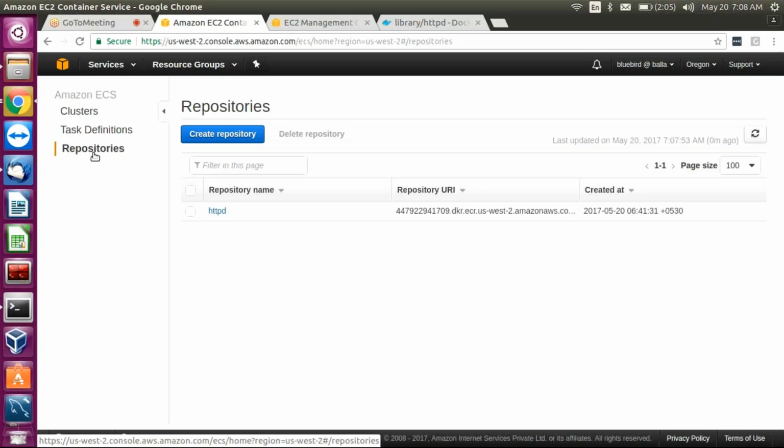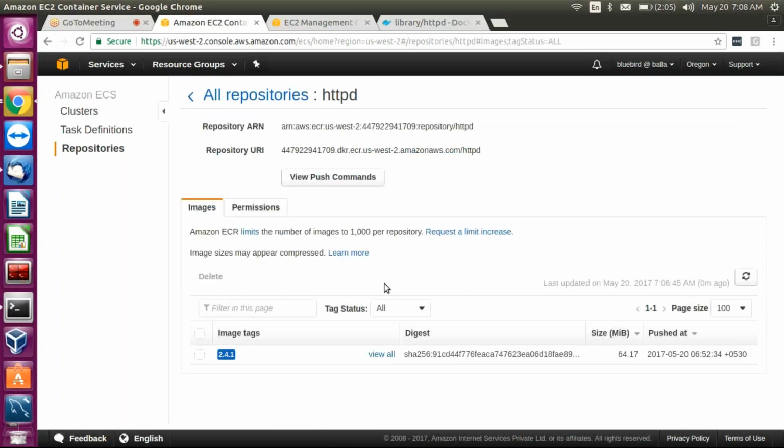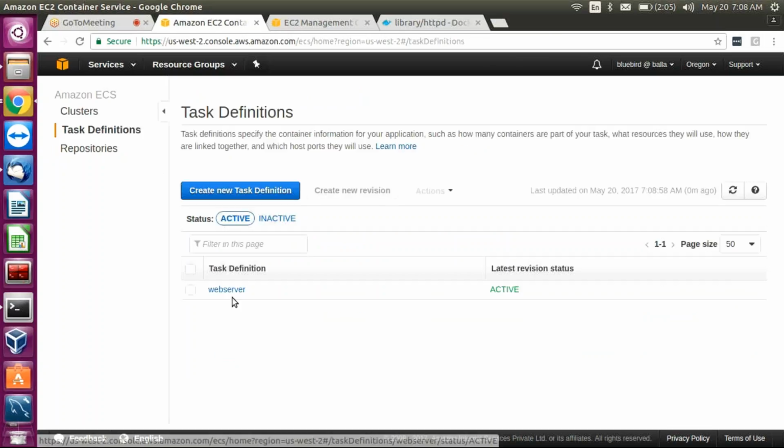Anyways, it works. So what you have done, you have pulled one Docker image from Docker Hub, and you may create your own image, and then you have pushed it to the repository. Okay, you can push multiple versions of the same image to ECS repositories. Then you create a task definition. Task definition is nothing but